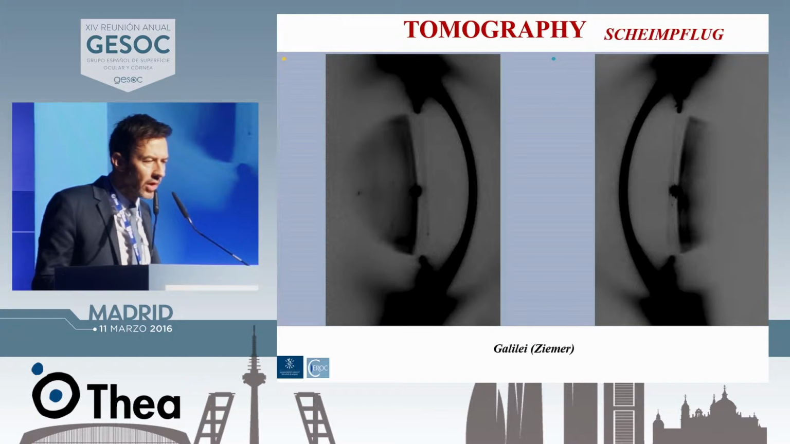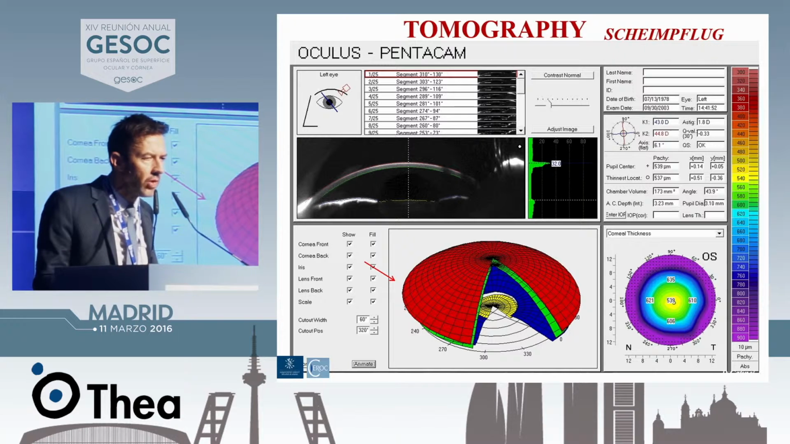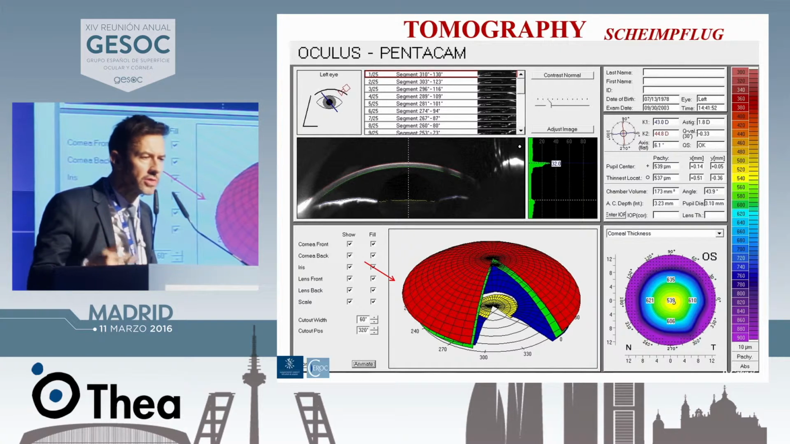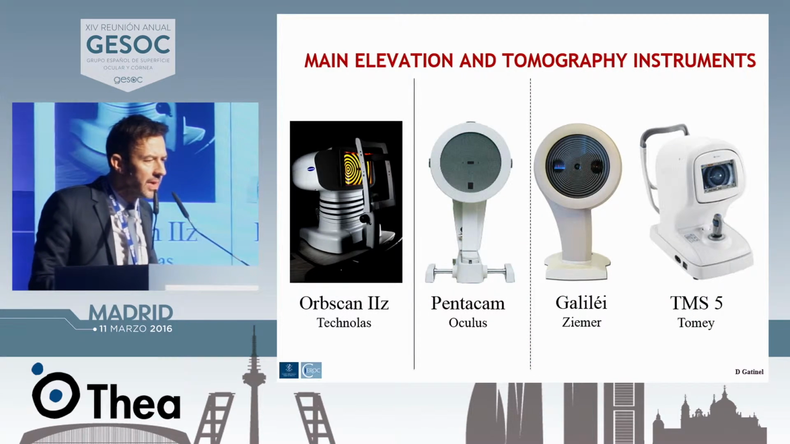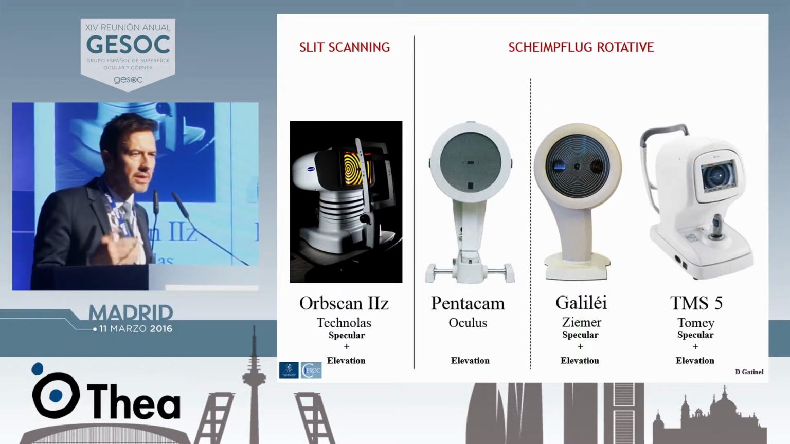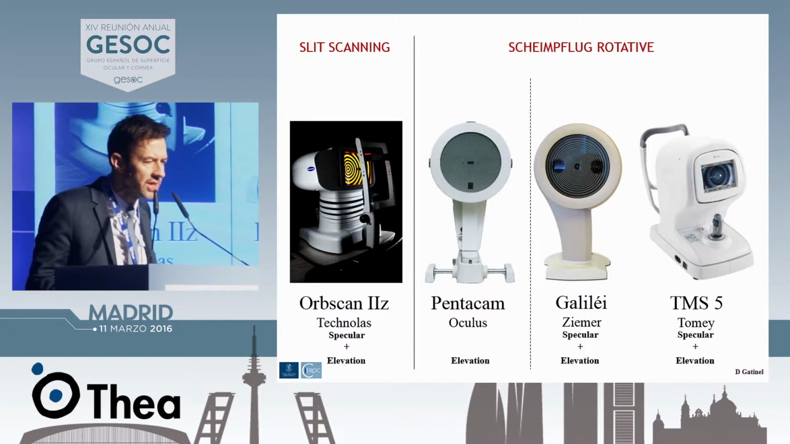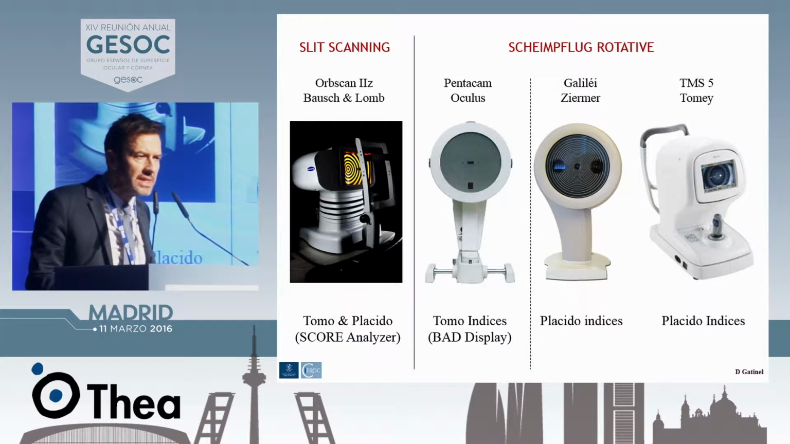Tomography is also performed with Scheimpflug technology like the Galilei or the Pentacam, but they're all based on the same principle, which is that you slit scan or Scheimpflug scan the cornea and then you reconstruct the surface in 3 dimensions. The main elevation and tomography instruments today are the Orbscans, the Pentacam, the Galilei, and the TMS-5 from Tomey. They provide various information. Interestingly, 3 of those instruments also have Placido technology embedded, and they have various indices for keratoconus detection. Also, the Galilei only bases its analysis on Placido indices, same as Tomey, whereas Pentacam and Orbscan now have